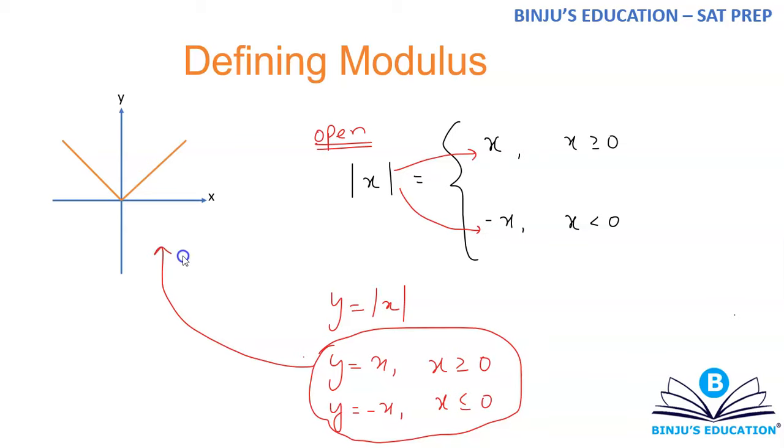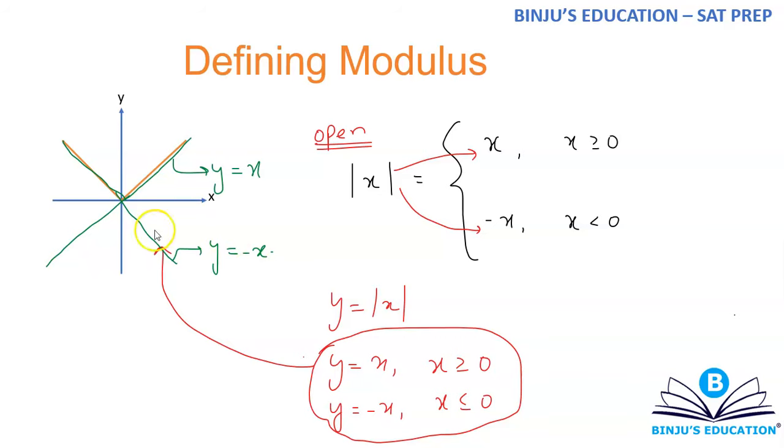First you have defined the equation. Based on that equation, you have drawn the graph. So when you draw y is equal to x, your line y is equal to x is drawn as something like this. This is how you draw a line y is equal to x. When you say y is equal to minus x, it is a line drawn something like this. This is y is equal to x, and this one here is y is equal to minus x. Now you have to take y is equal to x when x is greater than or equal to 0. When do you have to take it? When x is greater than or equal to 0.